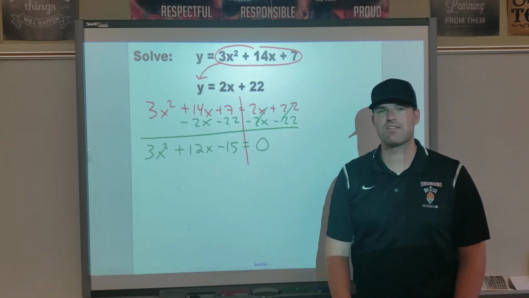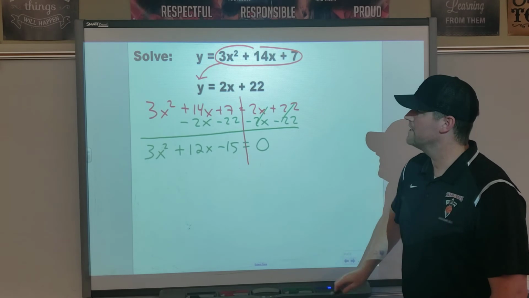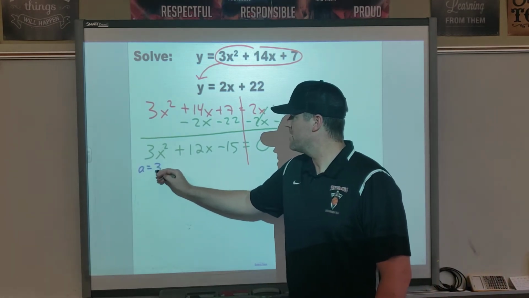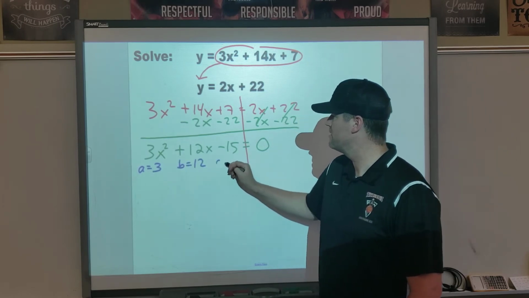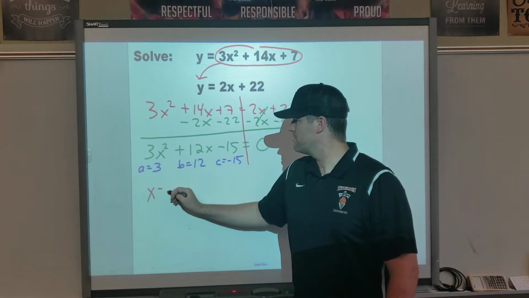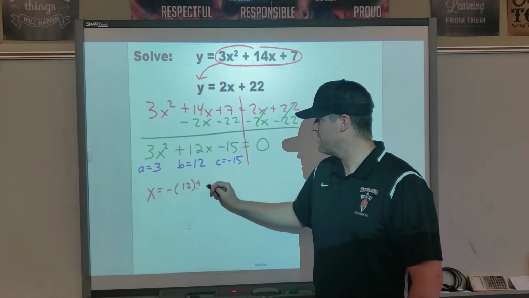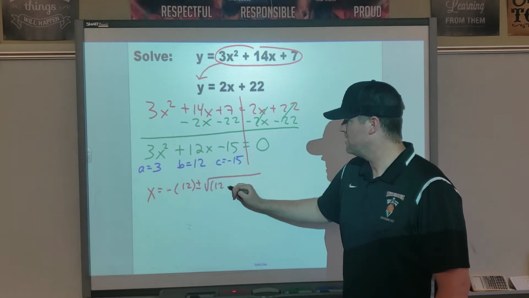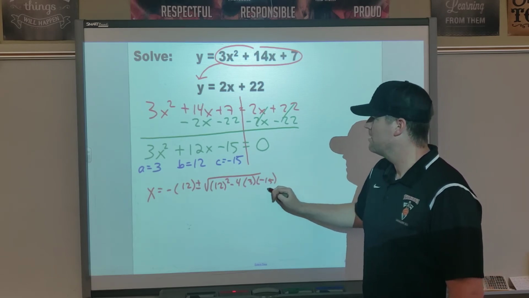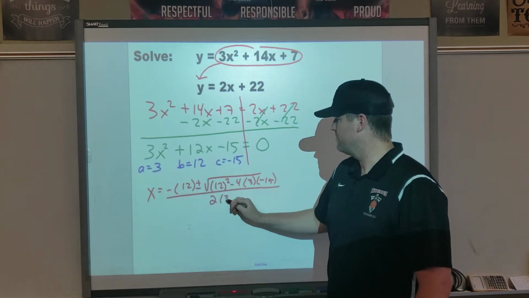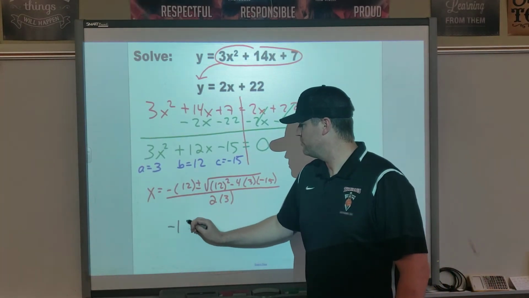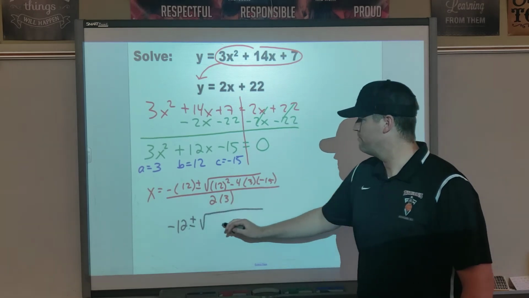And I'm going to have some big numbers on this one, but that's fine. If you need help with the bigger numbers, just use a calculator. Our A is 3, B is 12, C is negative 15. X equals negative b plus or minus the square root b squared minus 4ac all over 2a. You've missed that. I know you have. All right, so we get x equals negative 12 plus or minus the square root of